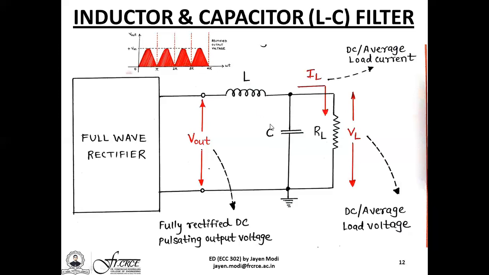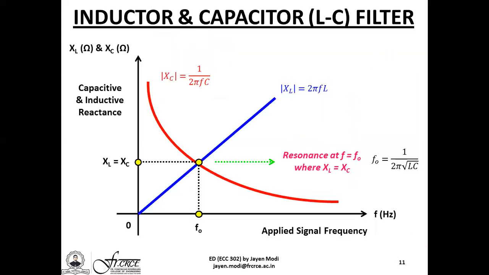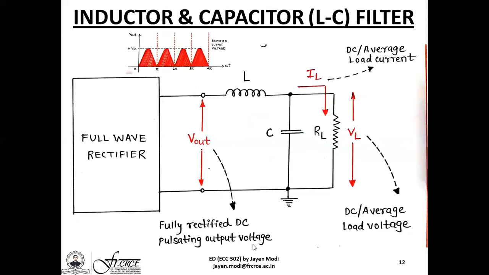Now, finding out the importance of this particular condition of resonance at a certain frequency f naught becomes clear from this particular diagram here. For just a small time, assume that the load RL is extremely high. So when load RL is extremely high, the parallel combination of the capacitive reactance XC with RL will be approximately equal to XC. So although the particular parallel impedance will be XC parallel RL, if RL is made extremely high, the total combined parallel impedance will be simply approximately equal to XC.